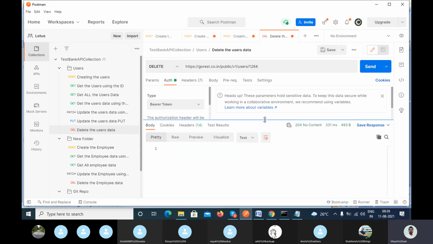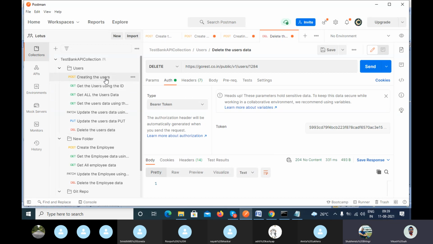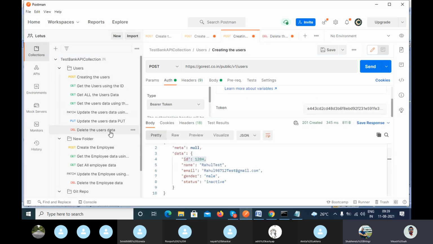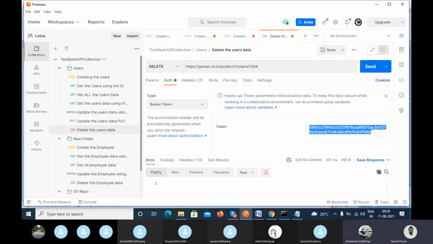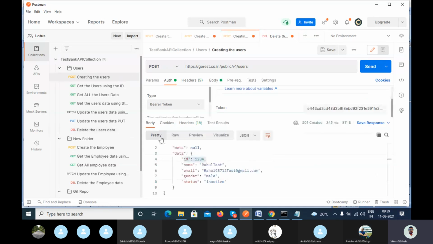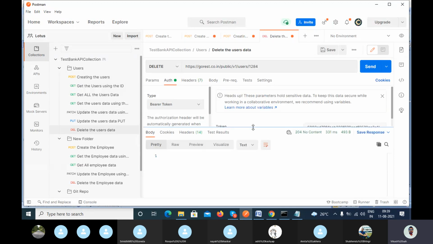It got an error, user 1284, which you created using the other token. It did not get deleted because I think this is not implemented like that. But if you get something like a successful action, then it is a critical, security-related bug. You have to report this bug immediately.